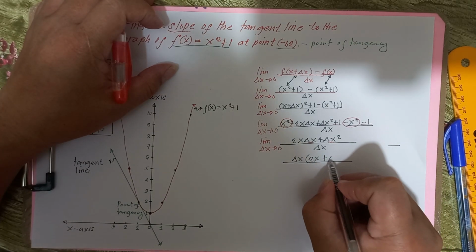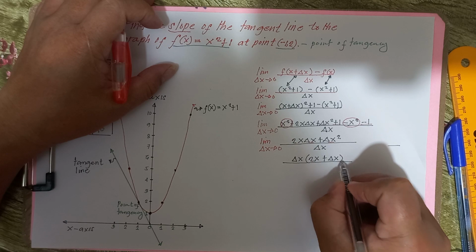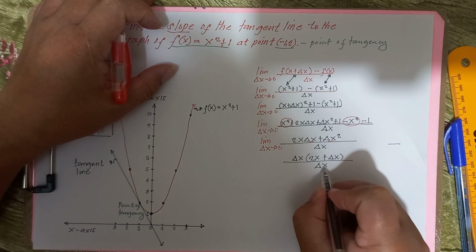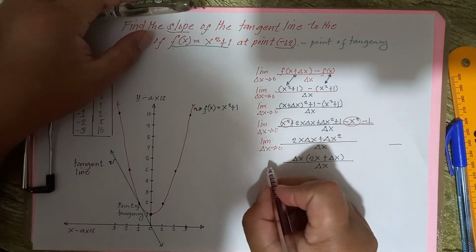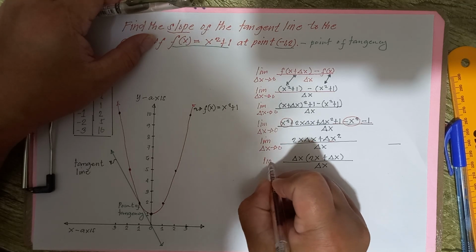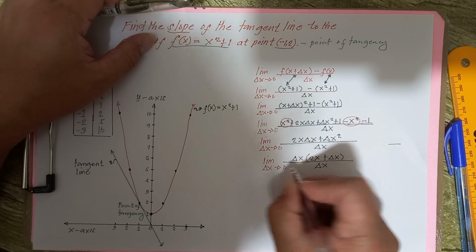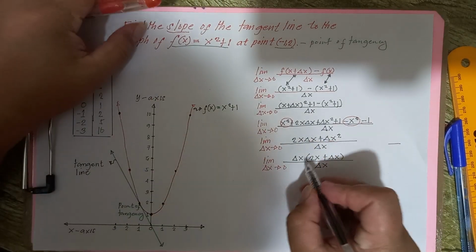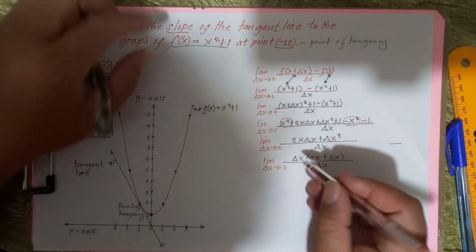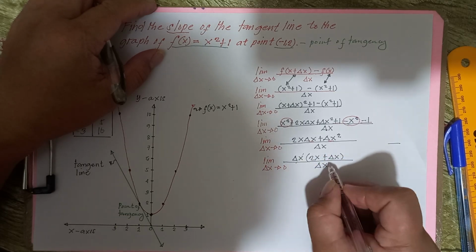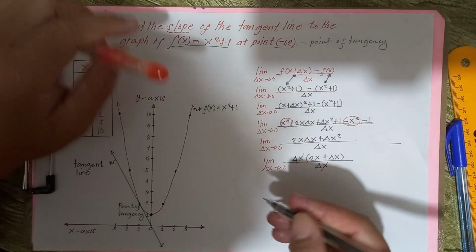Plus change of x, and then over change of x. Definitely still that is the same as the limit as your change of x is approaching 0. Notice that we can now make a cancellation in here. We can now cancel out this one. So what remains now is